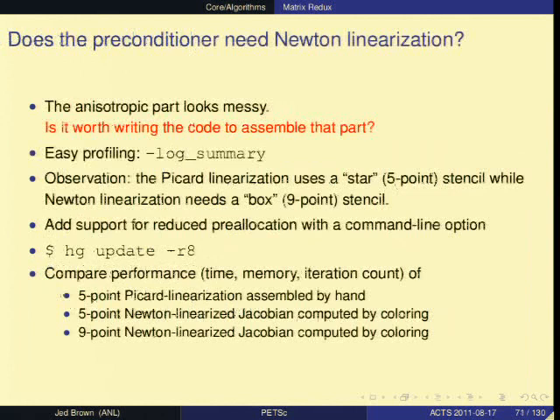So the question, and we'll do this interactively in the afternoon, is what were we going to do with that, say, big anisotropic part? Because we had the fairly complicated code for the residuals, and the Jacobian assembly for that is kind of messy to code. And so there's some experimentation we can do there to determine whether it's going to be worth writing the code to assemble the exact Jacobian or not. And I think it's kind of a slick demo.